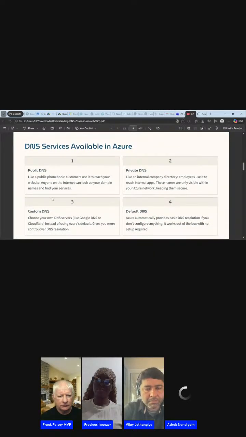Now, there are services available in Azure DNS Zone. Some of them are public DNS, private DNS, custom. These are just the four I stated, but there are other services you can find in Azure DNS Zone. When we talk of public DNS, it's like a public phone book. Customers use it to reach your website. Anyone on the internet can look up your domain names and find your services with public DNS. And number two, I have the private DNS. It's like the internal company directory. Employees use it to reach internal apps. These names are only visible within your Azure network, keeping them secure